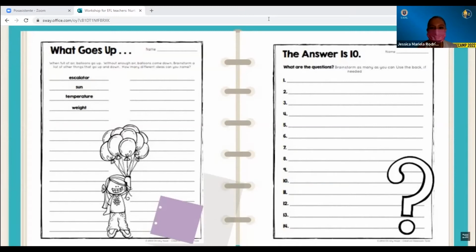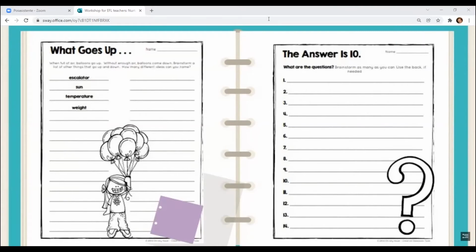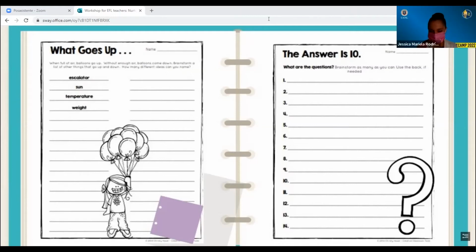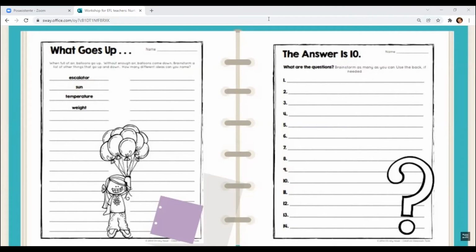How do you call the place you use when you want to go to another floor in a building? The stairs. Well, that would be like the electric elevator. Stairs, right? Yeah, the elevator. Elevator, very good. Okay, Mayra says roller coaster, gases, insects. What else? Tell me more, please.